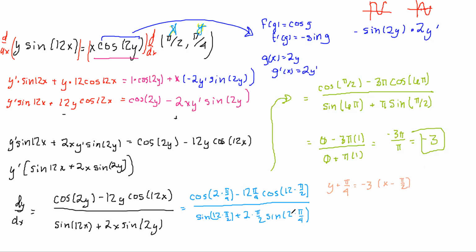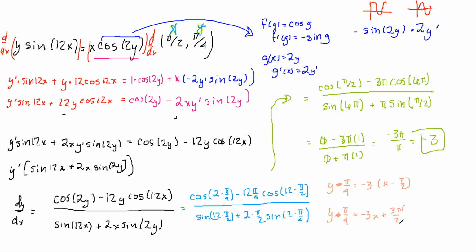All right. This will just help us figure out exactly what b is. So this is y plus pi over 4. This is plus or minus. Y minus. Okay, that's a minus, is equal to negative 3x plus 3 pi over 2, which I'm going to not write as